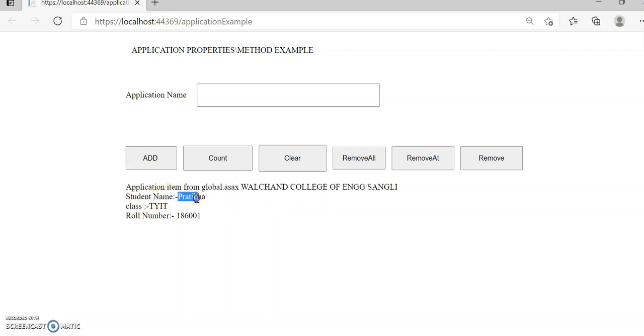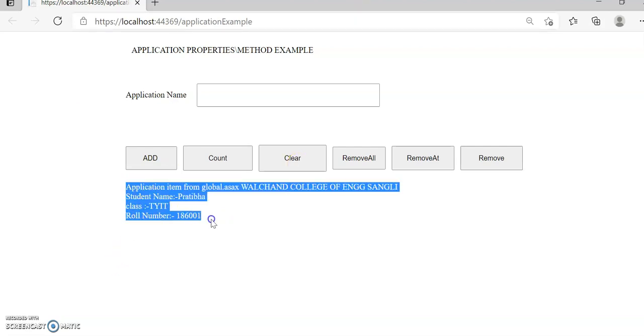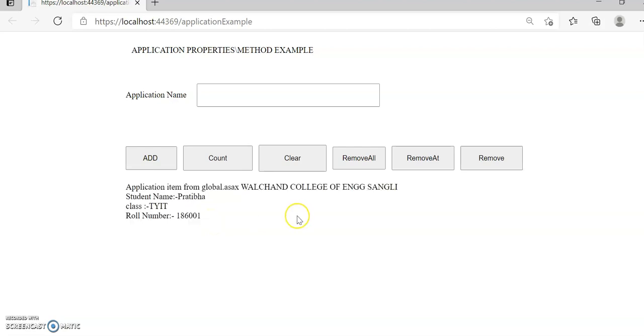Then student name Pratibha, class TYIT, roll number 186001. So this is the default information loaded with the page load code. Now suppose I clear it. So these items have been cleared from the cache.